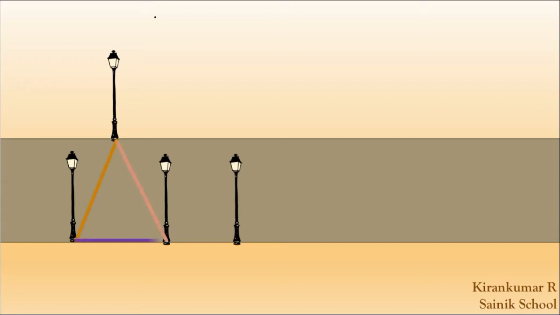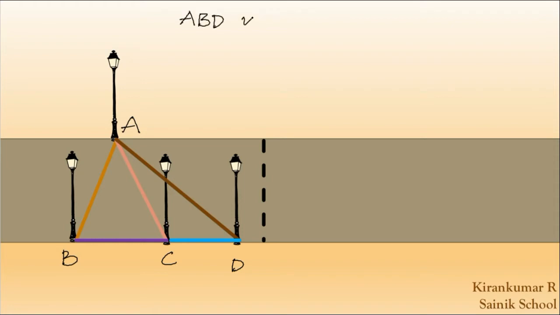Now if you join the bases, we get 2 triangles. For these 2 triangles, the height remains the same. If I name this vertex as A, this as B, C and D, now the larger triangle ABD is